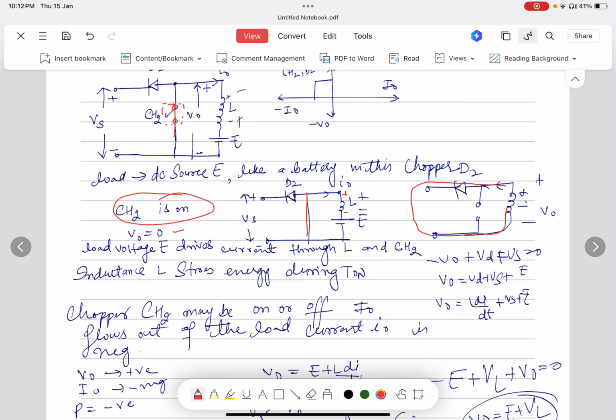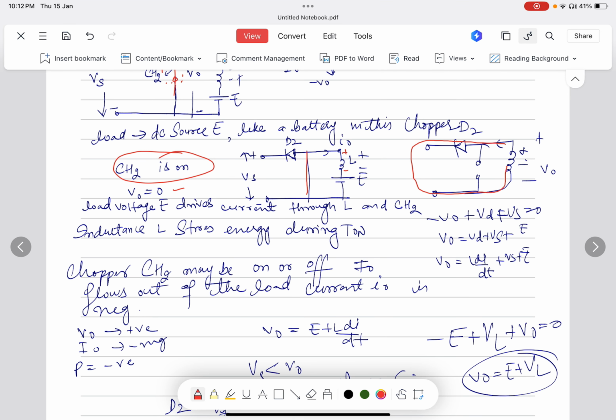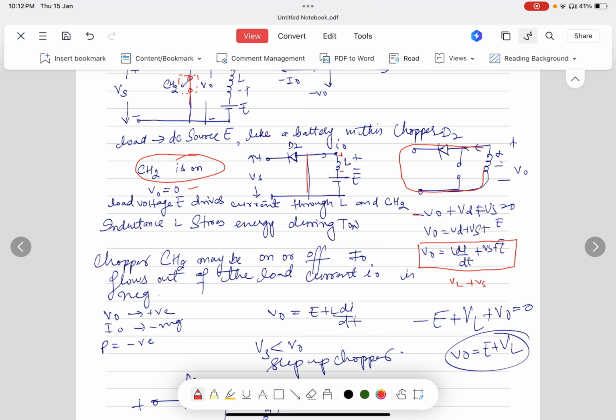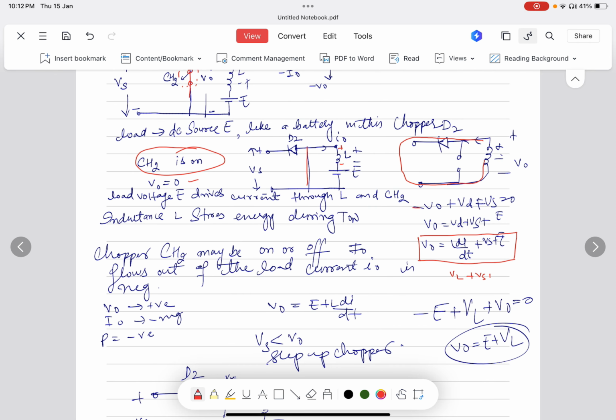So what is the voltage across it? We have to apply KVL: minus V0 plus VD, that is the drop across the diode, plus the source voltage equals 0. So the output voltage V0 equals L dI/dt, that is the voltage across the inductor, plus the source voltage